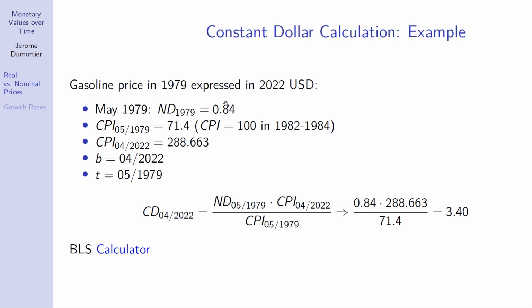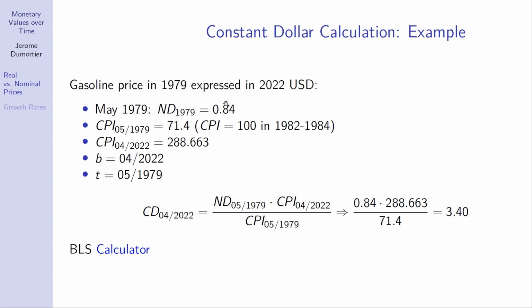But as mentioned before, you cannot compare 84 cents in 1979 to 84 cents today. What you have to do is you have to use the consumer price index to convert the nominal value of 84 cents into constant values in terms of 2022 dollars, so that you can make the comparison of how expensive was gasoline in